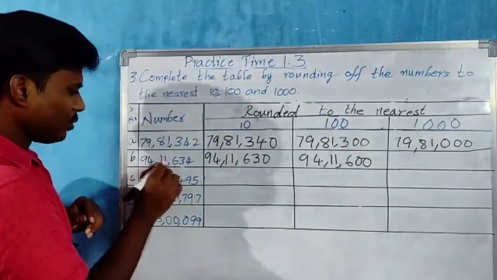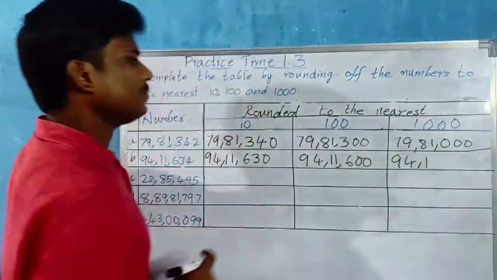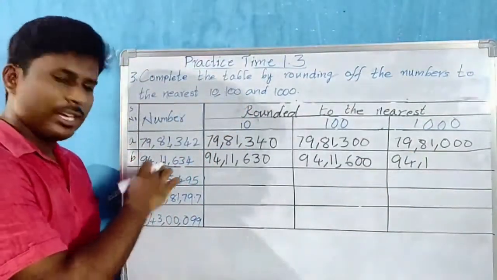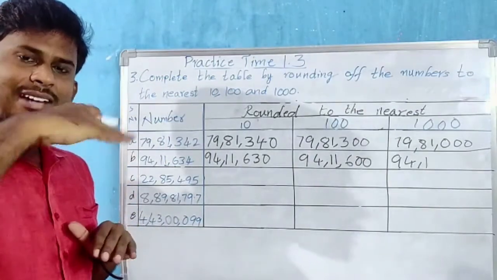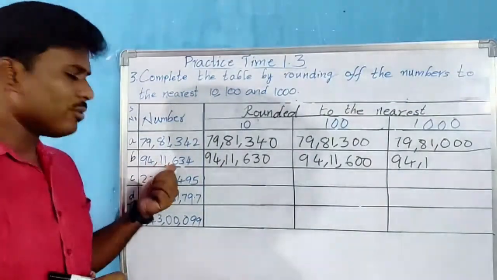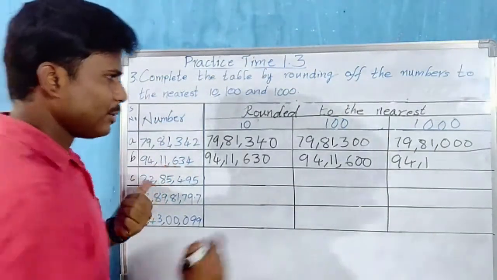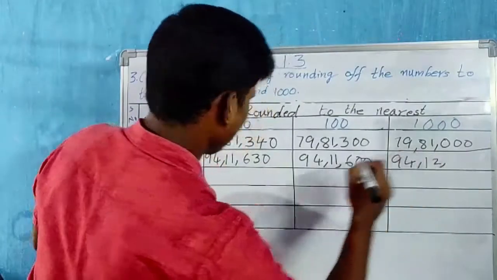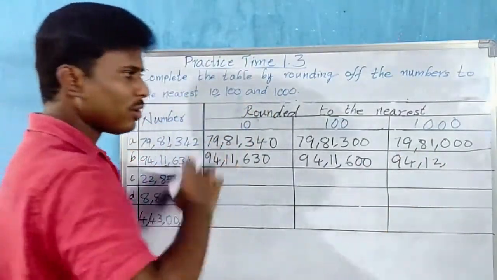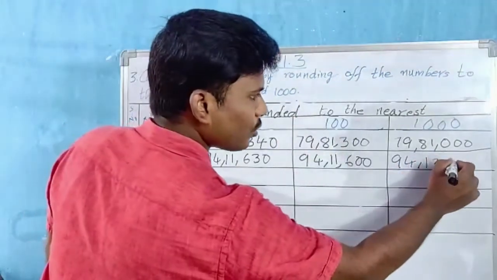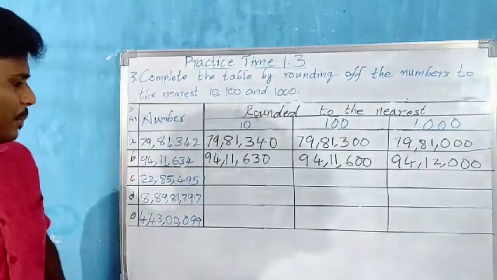Now if you go for the thousands place, first write the number 94 lakhs. Immediate right side we have digit 6. 5 to 9, climb up the vine. So we have to add 1 to the digit 1, that means 2. And as it is, these numbers we round off to the nearest thousands. There are 3 zeros in 1000, so we place 3 zeros.